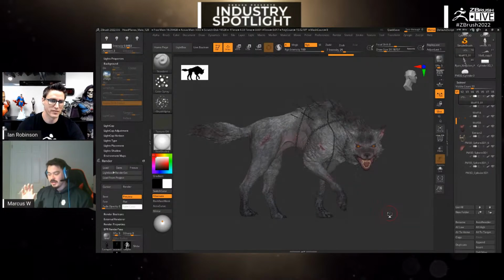So I typically, like I say, sculpt it in T pose, then I play around with Transpose to pose it. If there are some things that need to be cleaned up, I clean it up very quickly, and that's how I would typically do it. But I always add it to a layer so that I can delete the layer and start again if need be, or if I want to retopo it later and come back to that model,